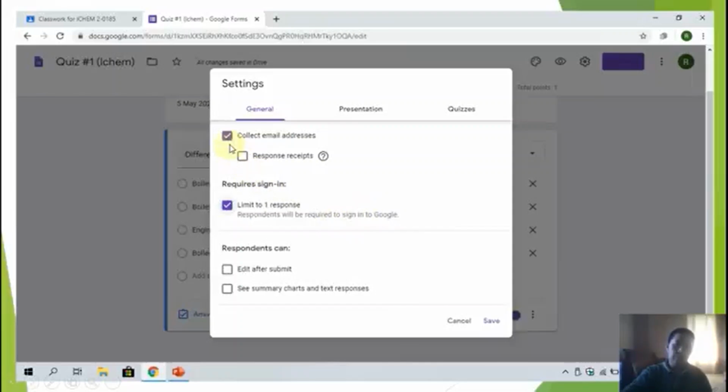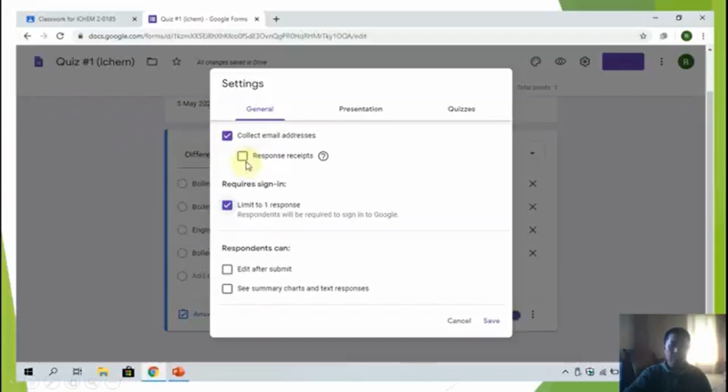So you have to be sure to check this collect email addresses. This means that the responses of your students will be submitted to you. Otherwise, if you forget this, you cannot get their score. So be sure to check this.